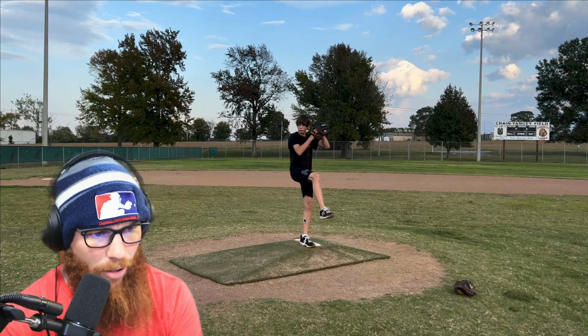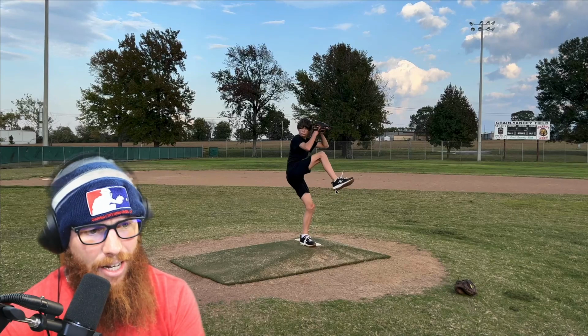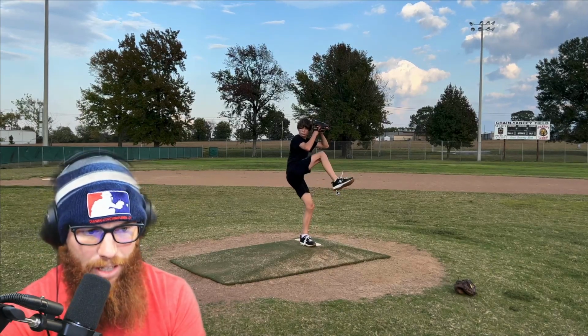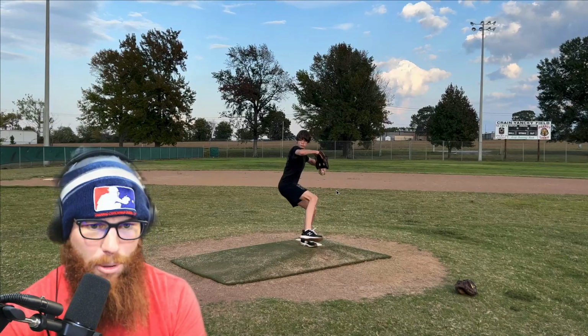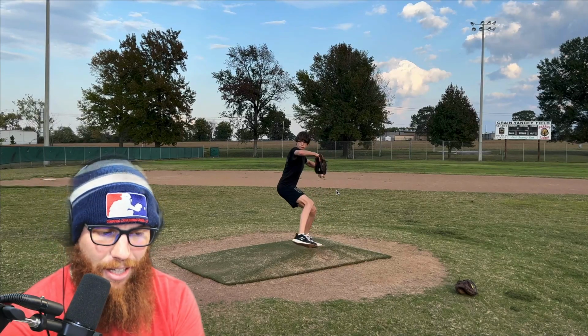Hands and his feet working together. The head is still, he's got a good descending move, but you can see that he's not getting going forward until he descends from peak leg lift. Whereas I think if we get a little bit more forward momentum in that initial move, we can increase his